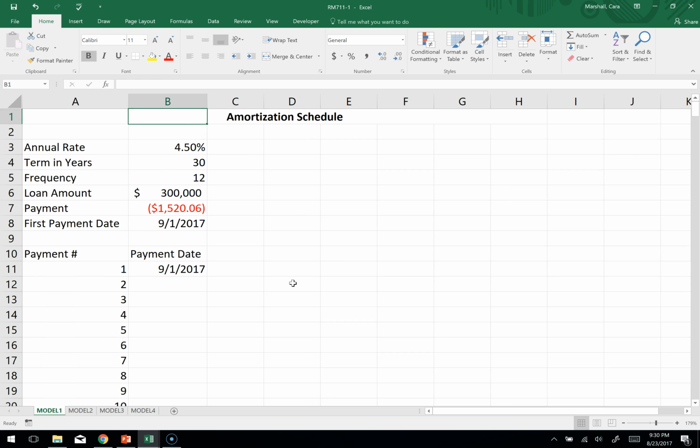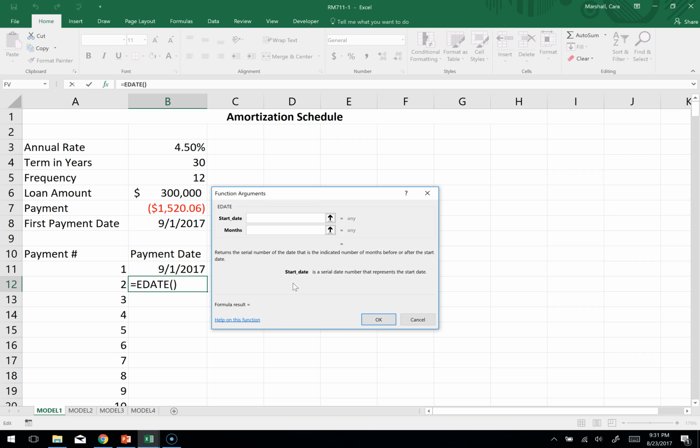Excel has quite a few date functions built in, and these can be very helpful, particularly when you're dealing with any sort of dates. If you're trying to calculate pay periods, or coupon payment dates, or dividend dates, or whatever it might be, you can use these built-in functions. What I'm thinking of here is the EDATE function for ending date. And so what I would do here,